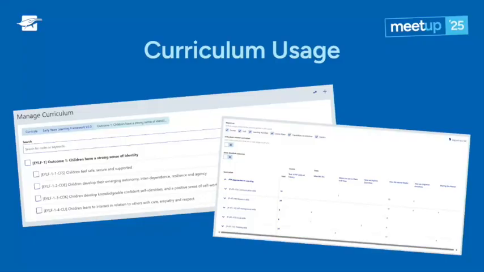We also recently introduced a coverage report, and that is the ability to look at that curriculum against particular courses of work within the platform and identify gaps in coverage, to identify over-teaching or under-teaching of curriculum, and also see the types of activities or LMS features that curriculum has been mapped against. Are you using it for badges? Are you using it with rubrics? Are you using it as part of due work submission workflows? So there are many ways to pull data out of that. And there's also, again, the ability to bring that data out in a CSV if you want to manipulate that inside a spreadsheet elsewhere.